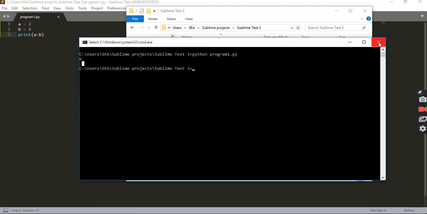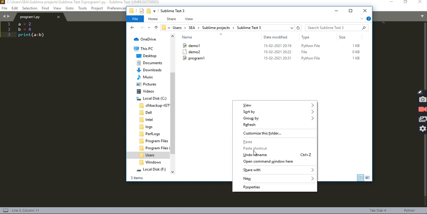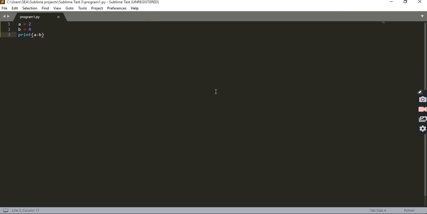And for some of you, when you are doing this, clicking here and pressing shift and doing right click, you will get an option here that is Windows PowerShell. So if you're getting that Windows PowerShell, that is also the correct thing. For that also what you need to do is write the same command, that is Python, and after that Python, your program name. Let's say for me it is program 1. So you need to write Python program1.py, and as soon as you press enter, you will get the output of your program. Fine. So some of you must be getting command prompt, some of you must be getting PowerShell. That is absolutely fine.